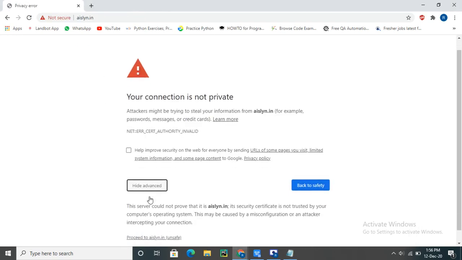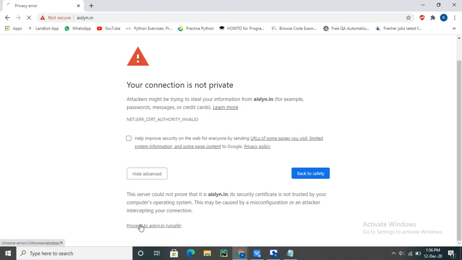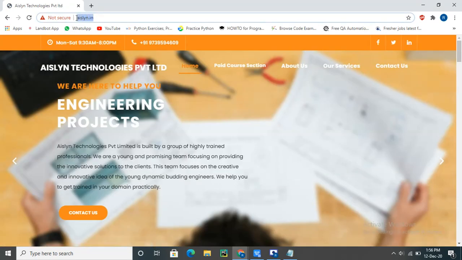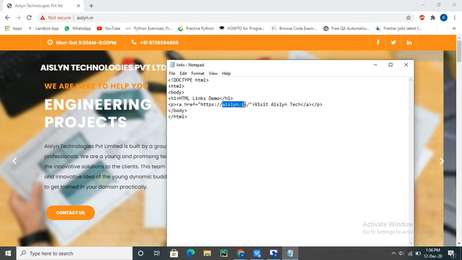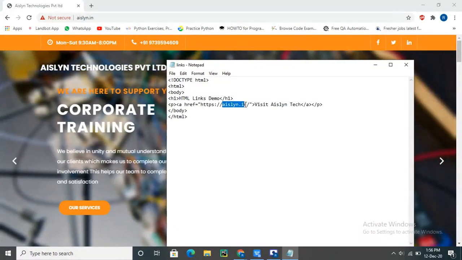Now I will show how to redirect to that link. You can see here aslin.in. This is the website, and it is redirecting when I click on that link. If you want, you can change any link and check over here. Now I'll change this link to google.com.